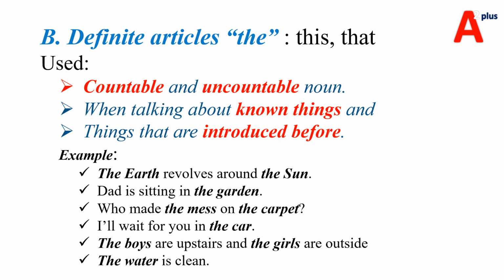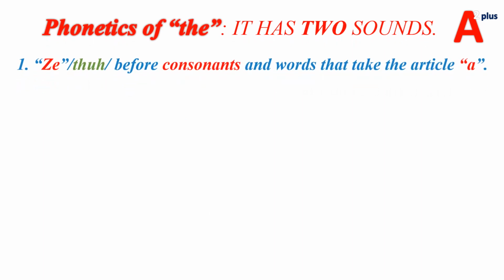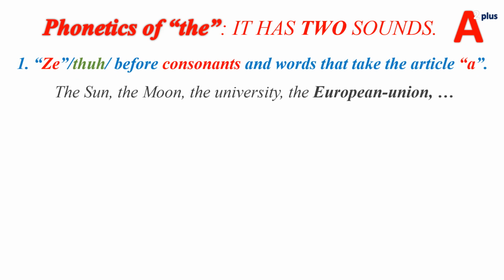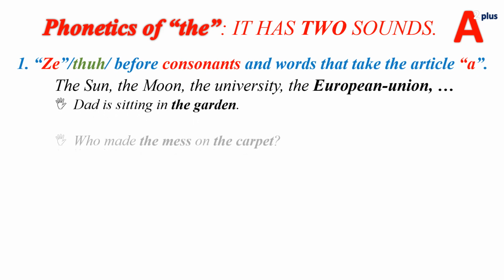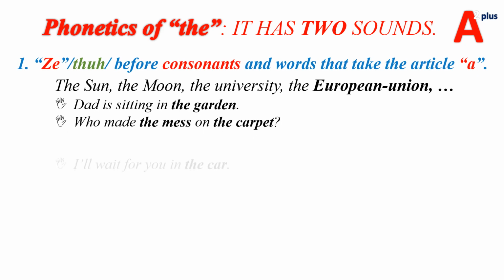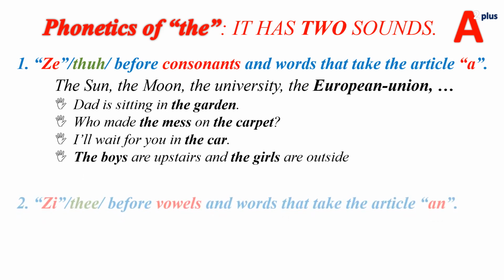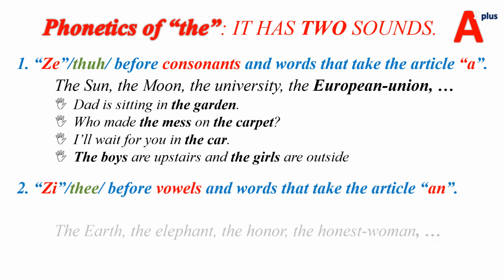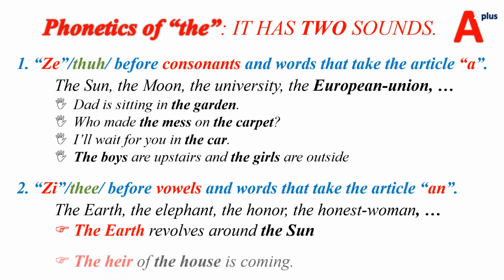the water is clean. Now let us see the phonetics of the. With consonants, words that take the article a: the sun, the moon, the university, the European Union. The is used with any word that starts with a consonant sound. Look at before vowels, or words that take the article